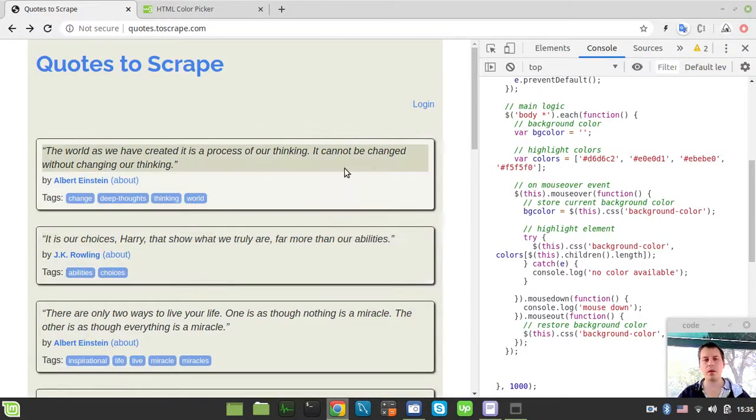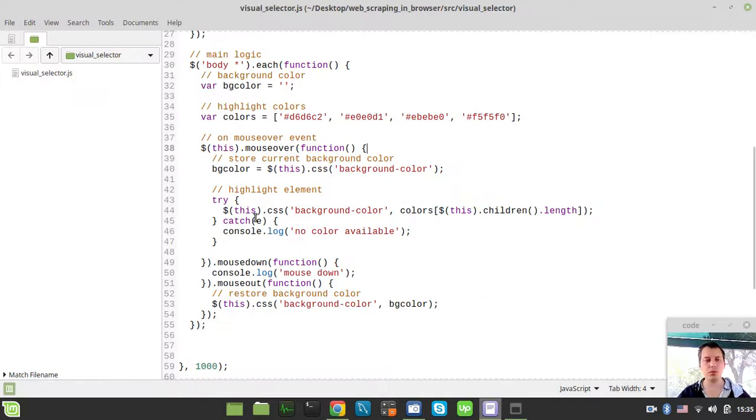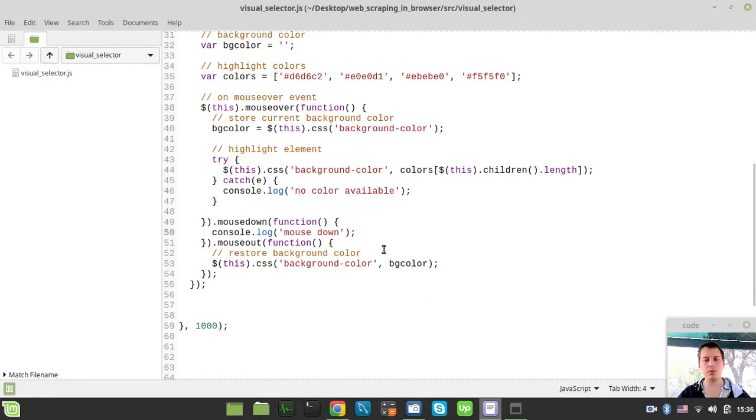Okay, so now let's see what we're supposed to be doing next. Let's handle the mouse down event now. At the moment we don't yet have the table appended at the very beginning of the document in order to print the extracted data, but first we would be printing this to the console. So let's go to this mouse down event, and here